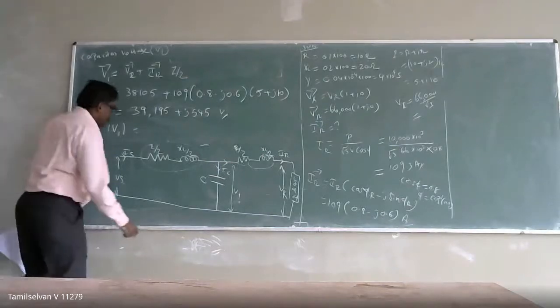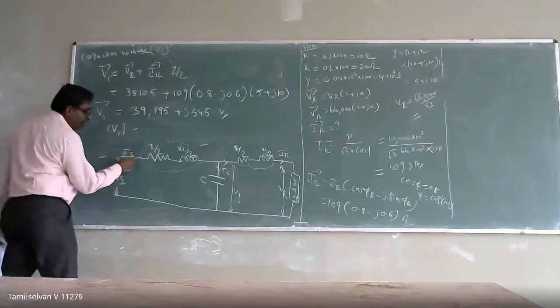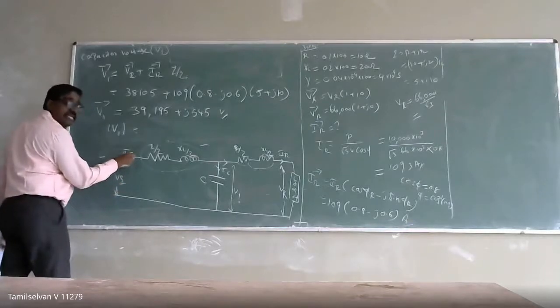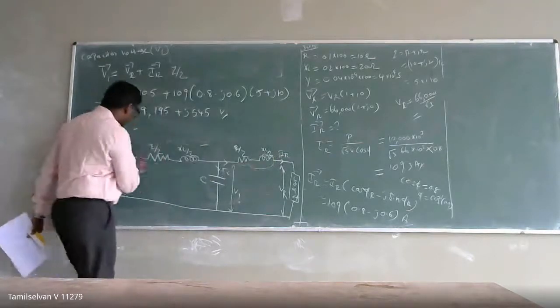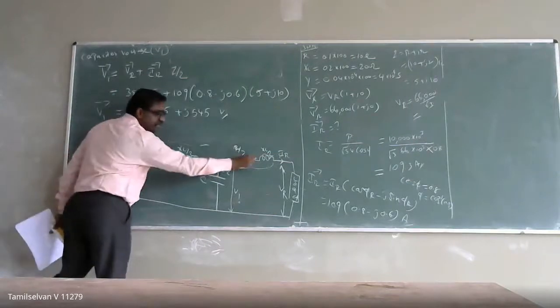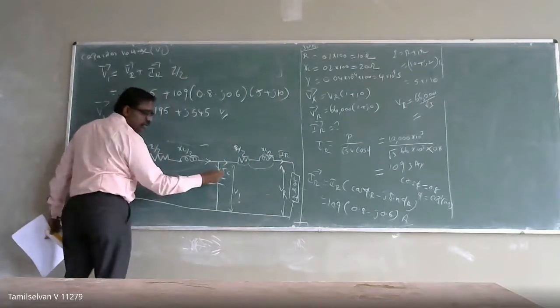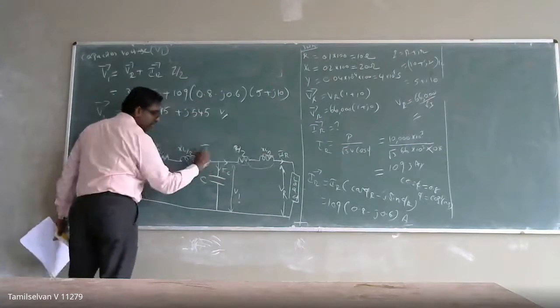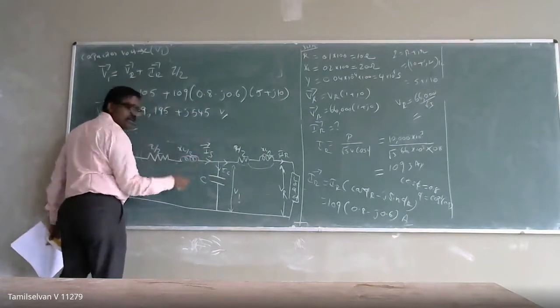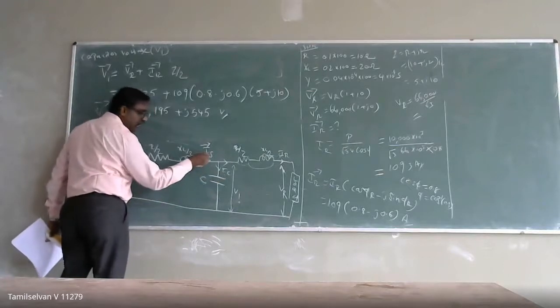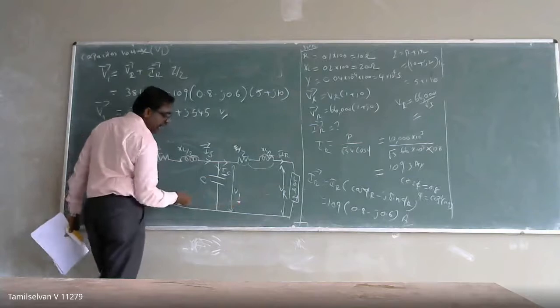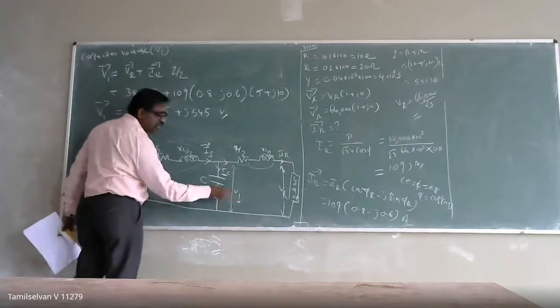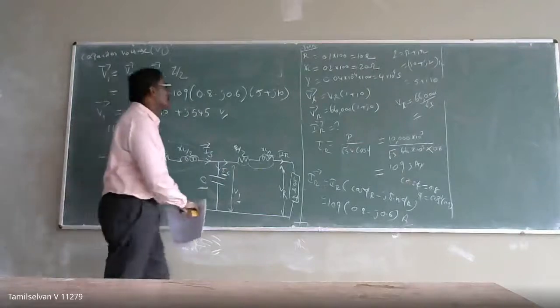Here, if I want to calculate Vs, I have to know my Is current. To find the Is current, I have to know my IC, because IC plus IR is equal to the Is current. The current entering here divides into two, one being the IC current and one the IR current. The current entering is my IS vector. So I need the current flowing through the capacitance. If I know the admittance and the voltage, I can calculate the current.